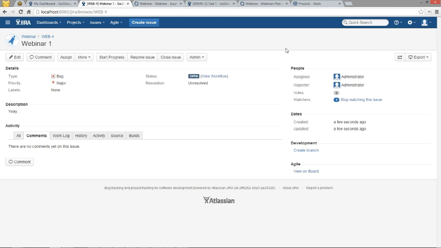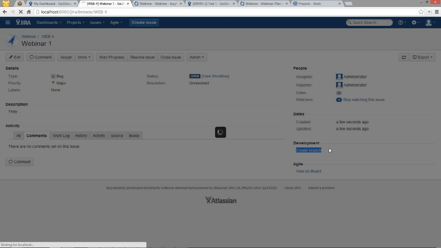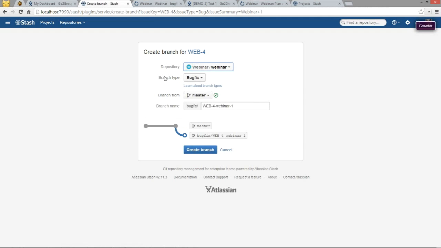An issue gets assigned to a developer. The developer then looks at the issue. He determines that, okay, I need to do a source code change to fix this. So what the developer will do is click the create branch link, which then brings you to Stash, where you can branch the code